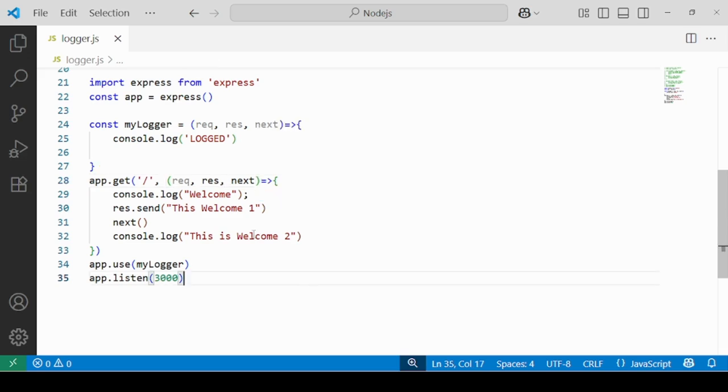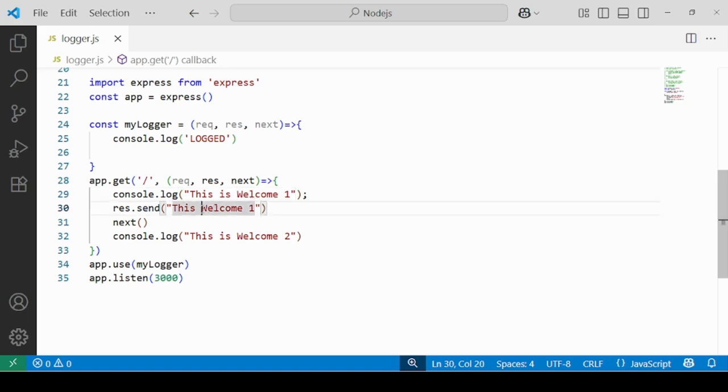Right, so now what will happen when you hit this URL? This is going to first print welcome, because your middleware is now being used after this particular route. So there is no way that when you hit this URL, you will first utilize the middleware. No, that's not the case right now. When you hit this URL, it will first print welcome only. I'll just change the message to welcome 1. This is welcome 1. It's going to print this is welcome 1 with no doubt.